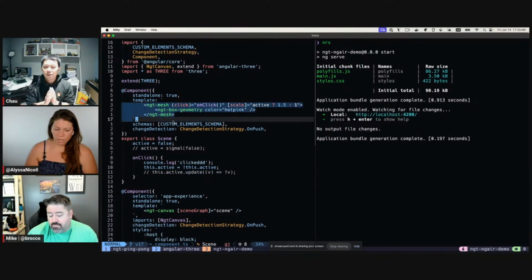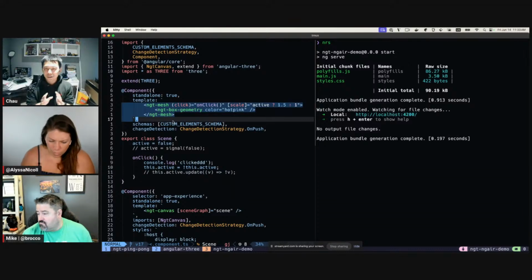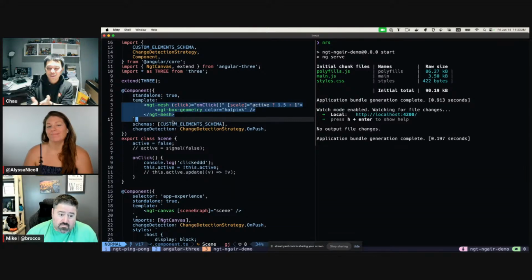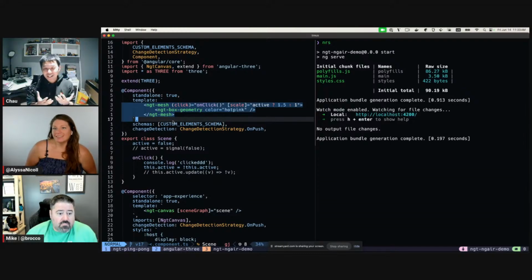So a custom renderer is not a new concept. NativeScript uses a custom renderer as well to render their stuff into the mobile native. But then they don't have to interoperate with the DOM renderer. I do have to, because this is Canvas. This is still on the DOM, right? That totally makes sense. Okay.